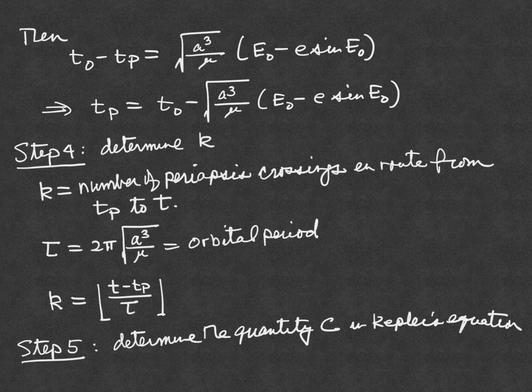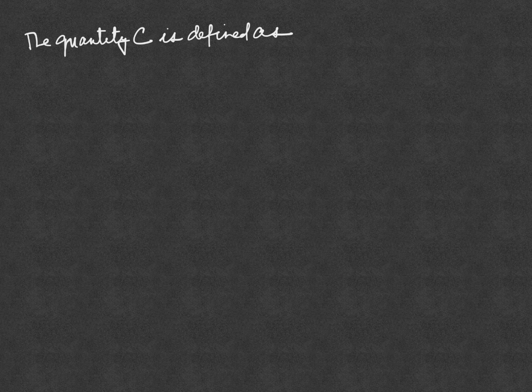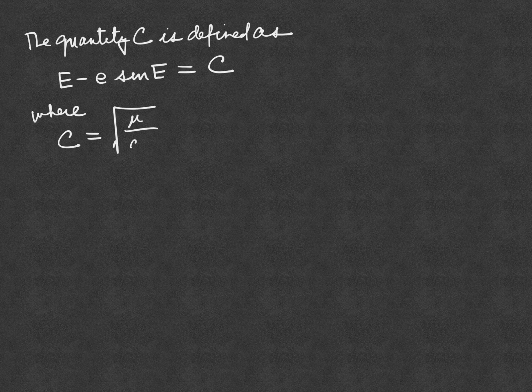Now C was defined as follows. The quantity C is defined as, well, if you recall, when I wrote Kepler's equation out, we had E minus little e times the sine of E was equal to C, where C is equal to the square root of mu over a cubed times t minus t0 minus 2 pi k plus E0